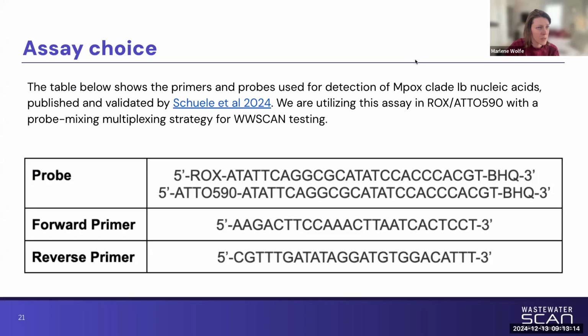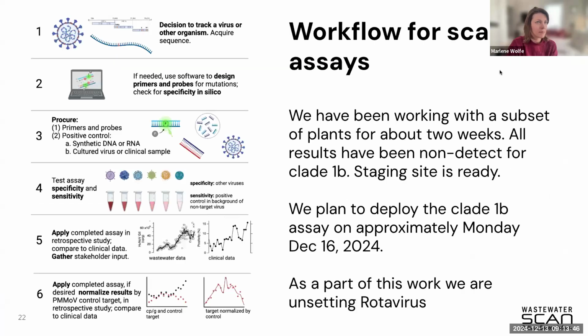So we're implementing the Mpox Clade 1B testing using this assay, and we have a methods document that we're sharing with everyone that has all of the details of exactly how we're implementing that. You're right, it will not include Clade 1A, so it's not pan Clade 1. It is specific to Clade 1B, which is the currently circulating outbreak clade of concern for Clade 1.